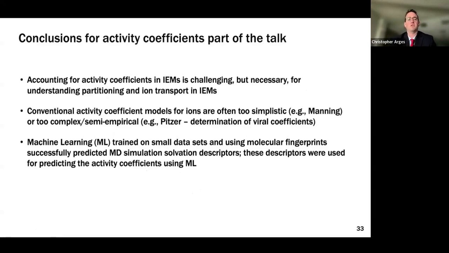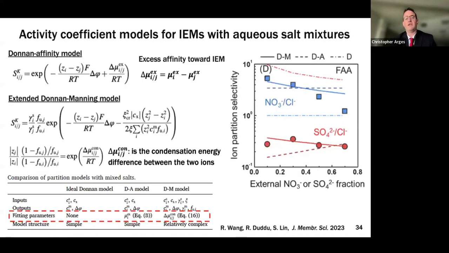those activity coefficients. So one final thing I'd say, this was a really nice paper that came out from Xinghong Lin's group at Vanderbilt last year. Everything I told you right now was just a single salt component in water interfacing with a membrane. But what we want to do is discriminate one ion versus another. Could we use the Manning-Donnan model or another version called the Donnan affinity model to do this? And the answer is sort of yes.